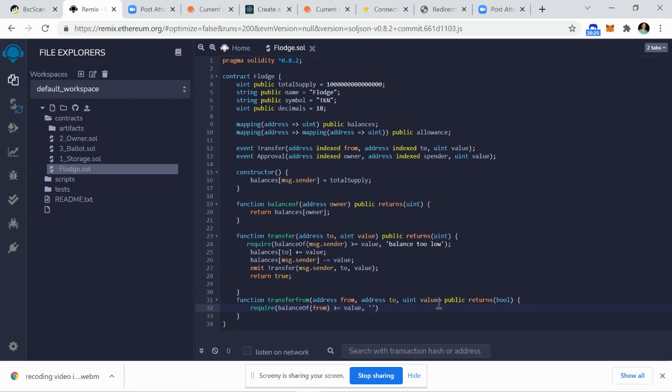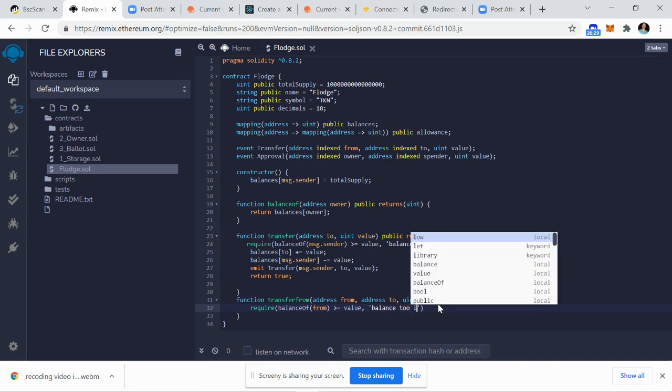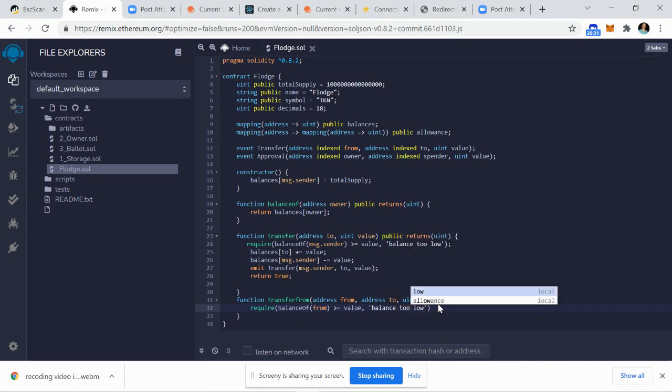It's too low. Let's just say balance too low. If it prompts, we're just going to say balance too low. Let's go ahead again with the require